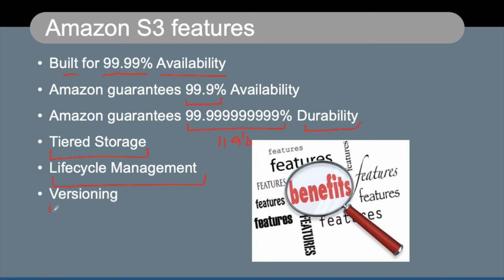Versioning, you can have multiple versions of the same file in your S3 bucket. Encryption, it supports multiple types of encryption, encryption at rest as well as encryption in transit. And it also allows you to have something called MFA delete, where you will not be able to delete it without using an MFA tool. That MFA tool can be a hardware tool or a software application available in your smartphone. So without using that MFA, you will not be able to delete any bucket. That means it comes with an additional layer of security where nobody should be able to delete your bucket in your AWS infrastructure.